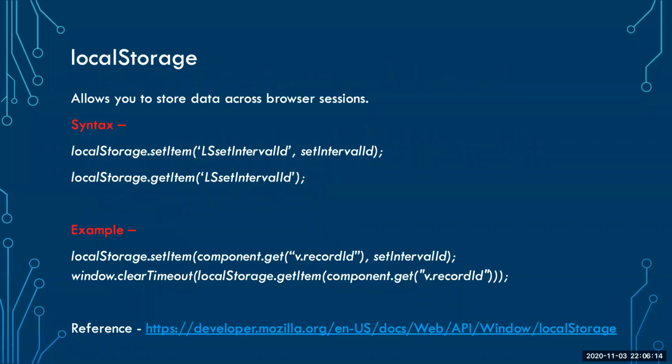After these timing intervals, I tried out something called local storage. This was very key and very useful for a couple of reasons. One is, let's say you have multiple timers running on your browser. You know that Salesforce Lightning gives you multiple console tabs, and you can have this set timeout running in each of the tabs, and it's very hard for you to find what the timer ID is.